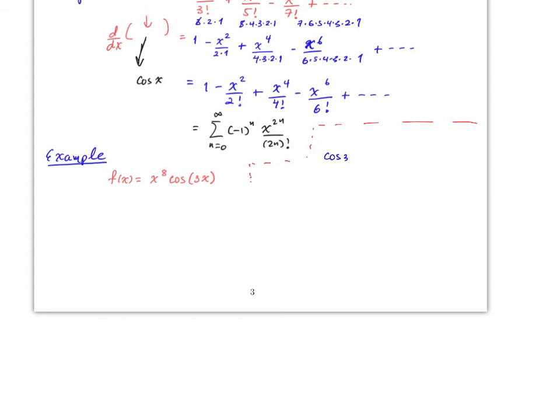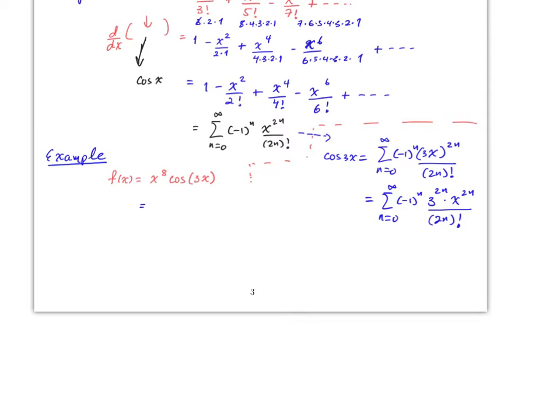So cosine of 3x using this function should be the sum from n equals 0 to infinity, negative 1 to the n, and then it will be 3x to the 2n divided by 2n factorial, which is the sum from n equals 0 to infinity, negative 1 to the n, then it will be 3 to the 2n, and then x to the 2n divided by 2n factorial. Notice how this looks more like the power series that we did in 11.8, where they ask you to find the radius and interval of convergence. So therefore,